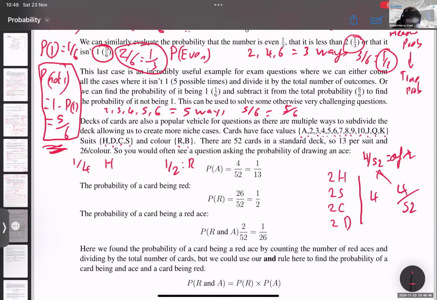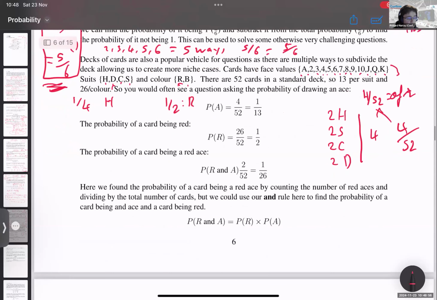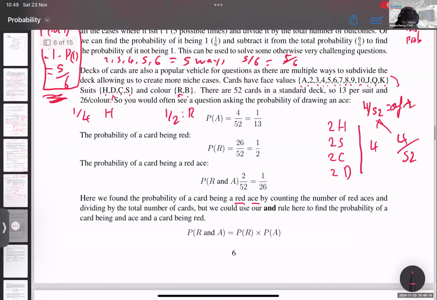So you need to be prepared to subdivide your deck of cards in multiple different ways. You need to be familiar with your suit, your color, and your face value of the card, and be ready to divide it appropriately. You can also do the probability of multiple criteria as well. So if we want to find the probability of a random card being a red ace, we can do this by either